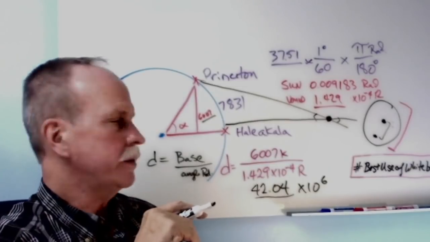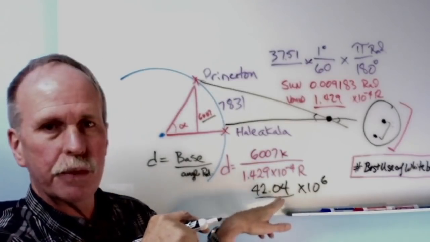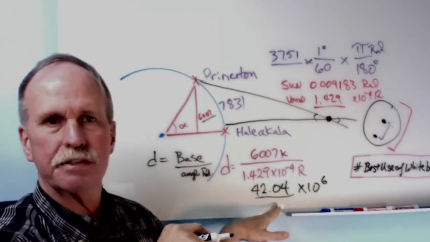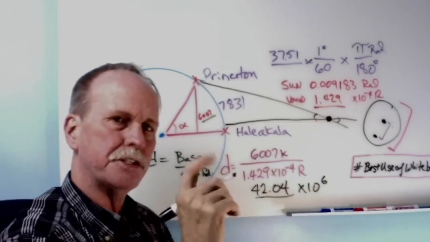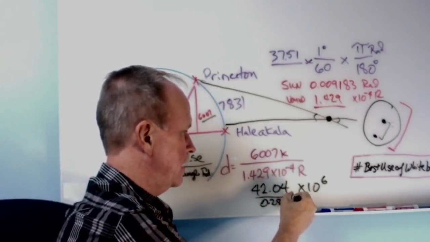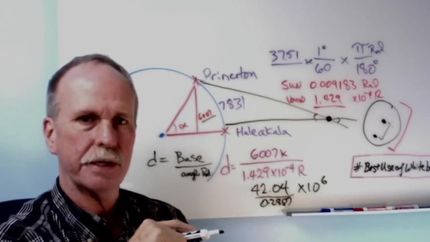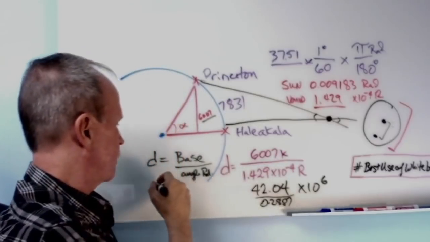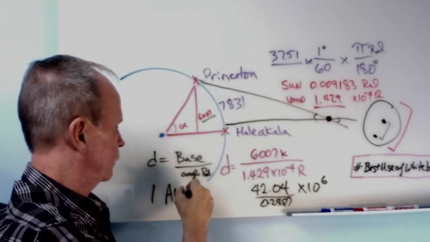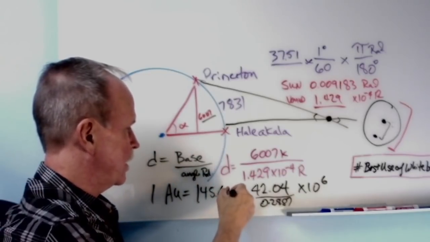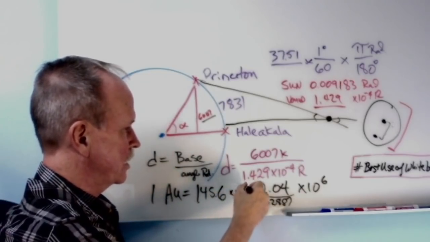So what we would do is we would divide 42.04 times 10 to the 6th by the distance from the Earth to Venus. Now, I'll use the actual number here, which is 0.2887 astronomical units. And when we do that math, we come up with 1 astronomical unit equals